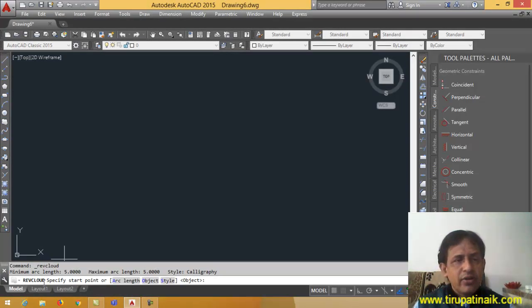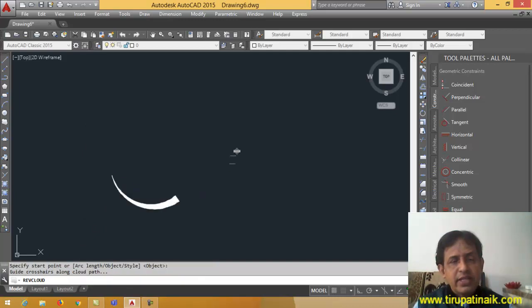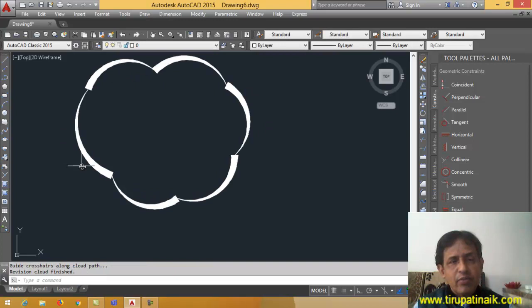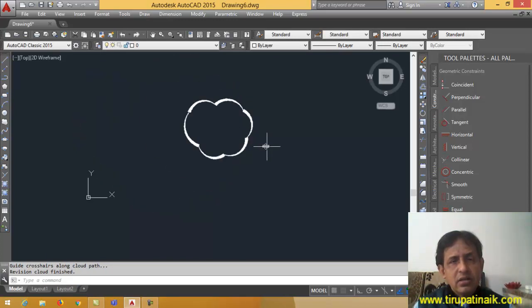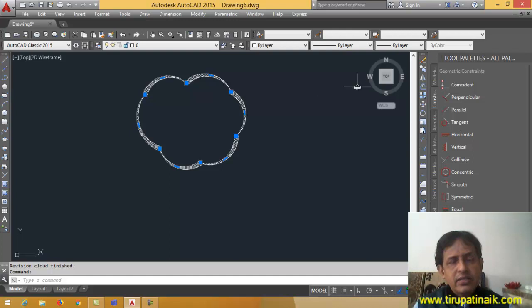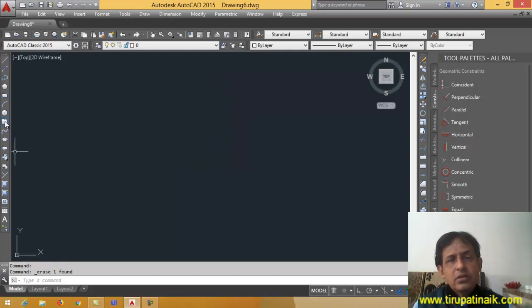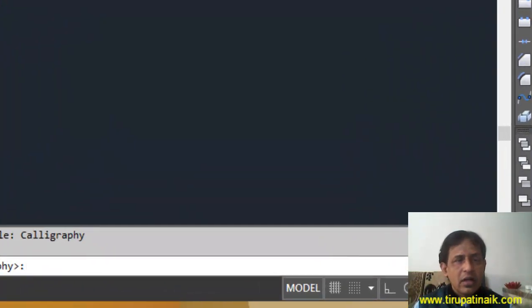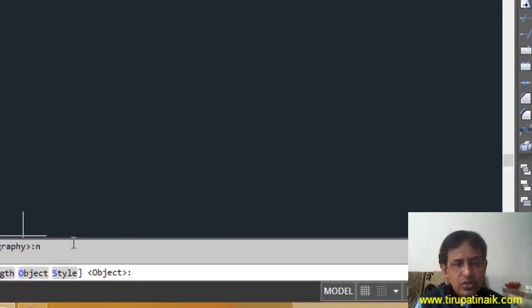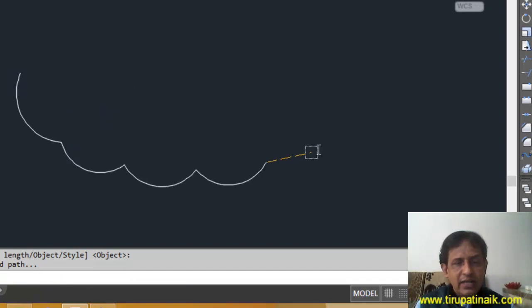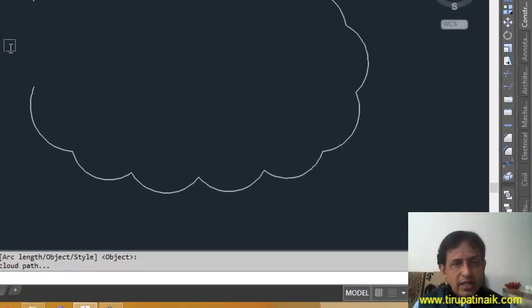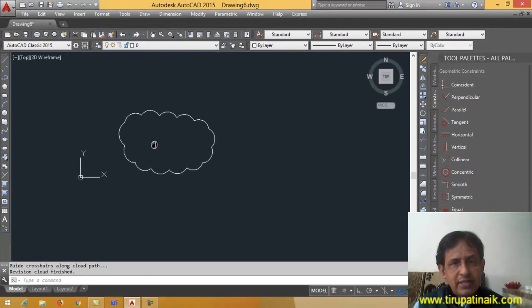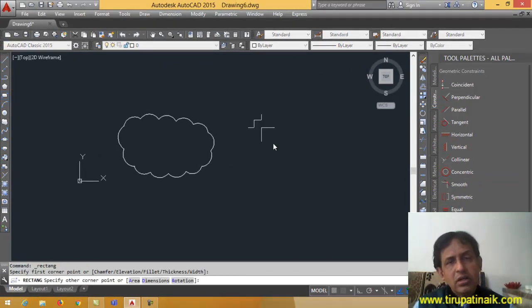Okay. So here we have to use the cloud. And then at the bottom you can see specify the start point. So you have to specify the start point, and then you can just click on this. So you can create a cloud like this. Okay. So I'm going to delete this, erase. Again, cloud. Select the object like a style, S for style, and I'm going to use the normal, N for normal, C for calligraphy. N is the normal, and now I can create this. So now it is a normal simple single line, that is called this one.